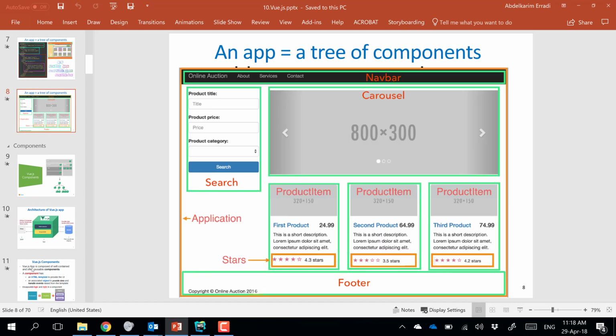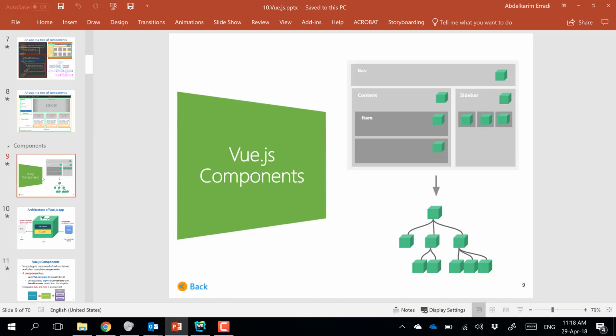No longer you say, oh, this is a web page. No. Yes, it is a web page made up of components. That's basically the idea. So now let me explain how you can use Vue.js to build components. So we all agree that our user interface is made up of components, these green boxes,